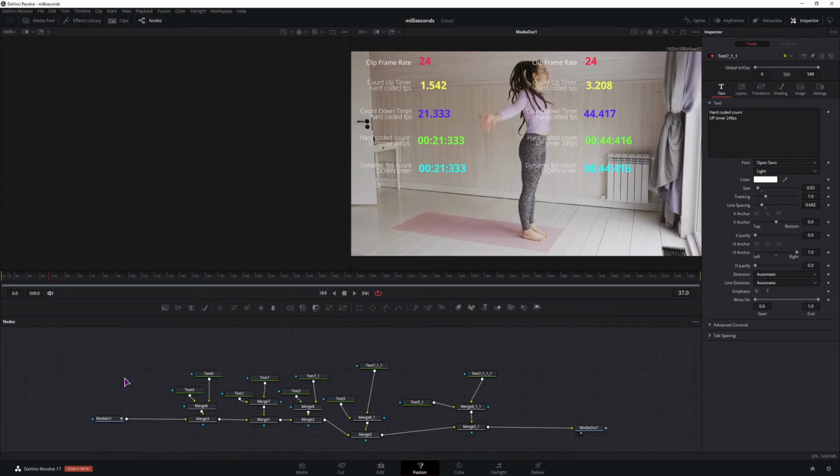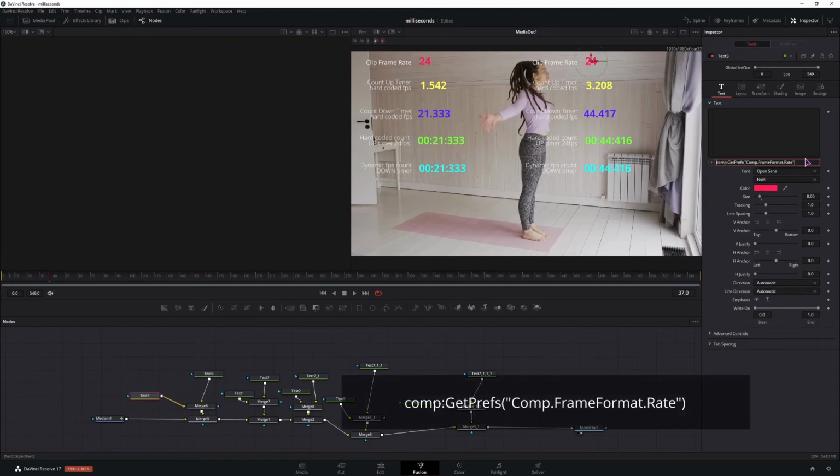Okay, so now we have the expression and we know how to get the FPS dynamically. But how do we combine this? It's simple. We'll make a variable and use it in an expression. So we use this expression. We put a semicolon at the beginning.